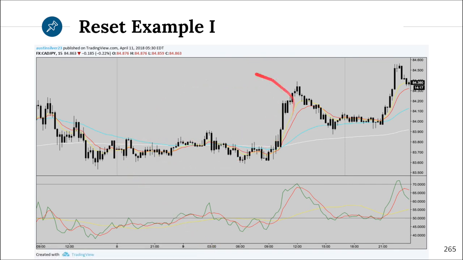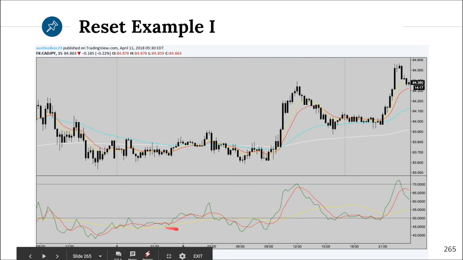Now you can't see the 800 EMA in this photo, it's below it, but if you look at just the shorter term EMAs, the 50 and the 200, the water and the Mayo, look how all through Asia and all through London, they're coiled together, completely on top of each other pretty much. Indecision in the direction, then it breaks out long and decides the next day it's going to continue in that direction. It's no coincidence. This is the coiling, this is the reset, the accumulation zone. You get the break of the zone, the retest of the zone overnight, it breaks out again in the direction of the trend. Look how the liquid 50 moved into the buy zone.